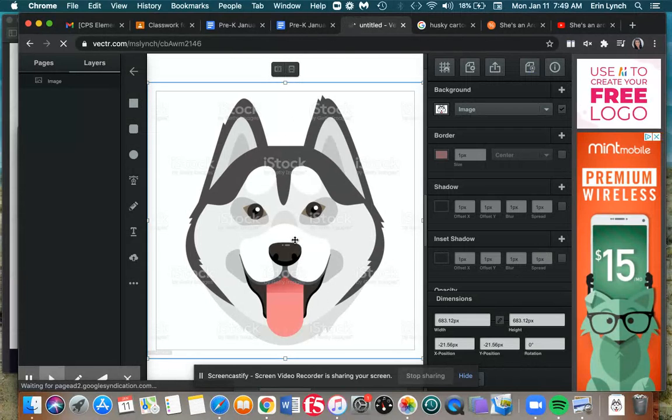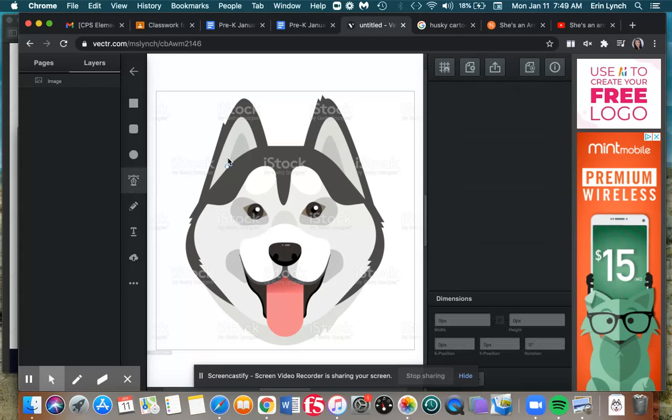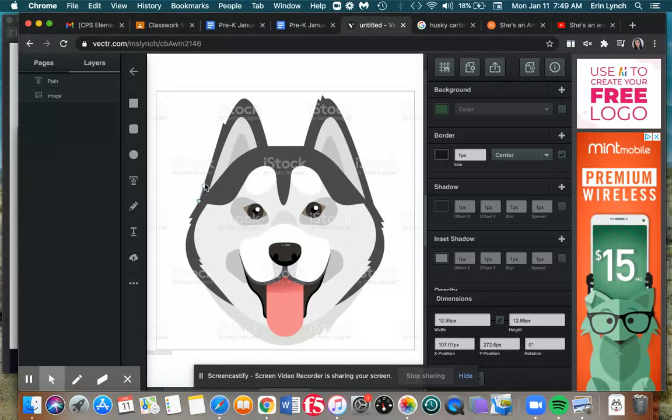Again, I purposely chose a royalty-free stock image, so there's things written on it. It's not an image I'm going to use. I am going to use it as reference for me to draw using my pen tool here. So with your pen tool, you are now going to trace around the edges. The pen tool is probably the most difficult tool to use in Vectr or Adobe Illustrator. You're going to start by clicking, and then you can make a nice straight line